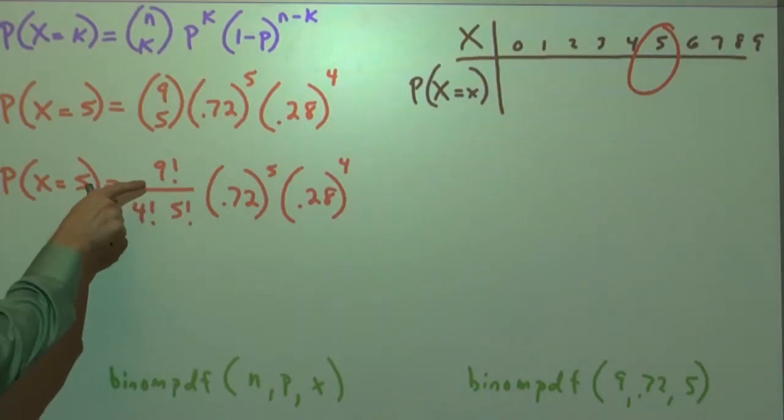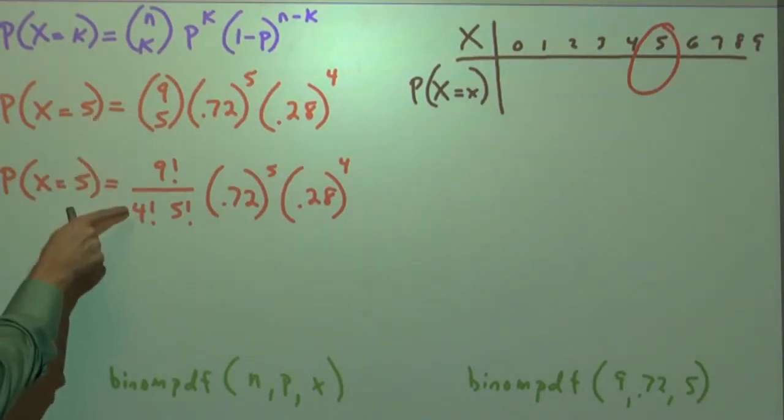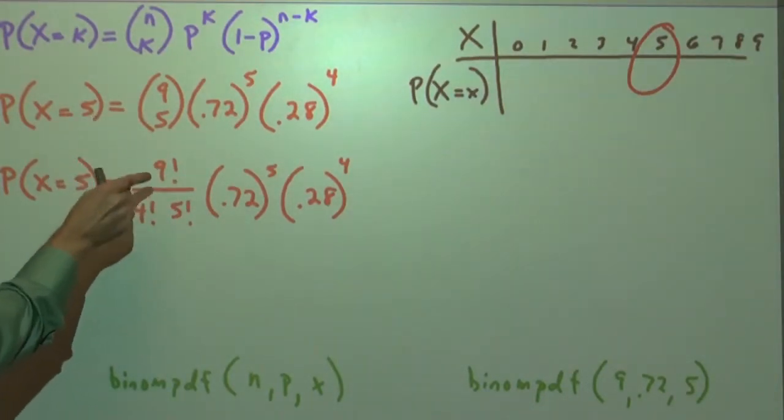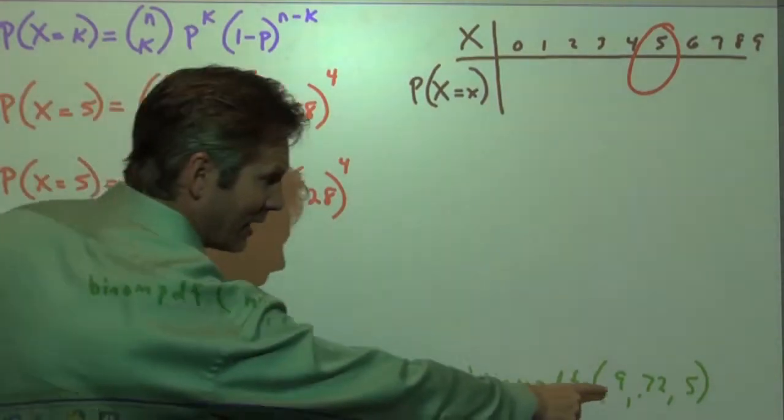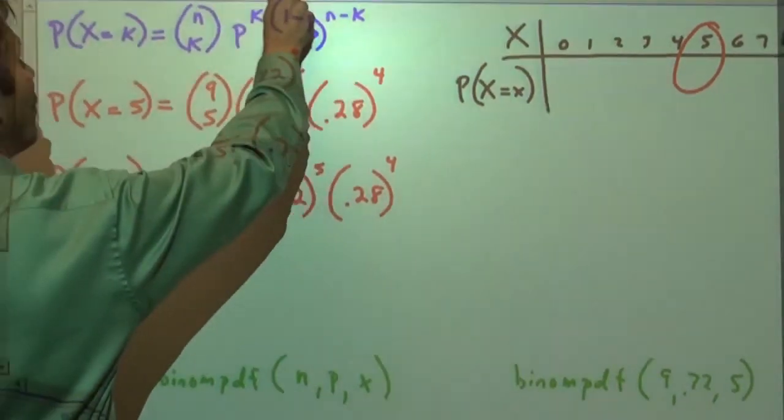AP would like you to show what this combination means in terms of factorials, so we'll get used to putting that down. And then what we can do is go to the binomial PDF function on our calculator and type in n, p, and x in alphabetical order. So if we go there,